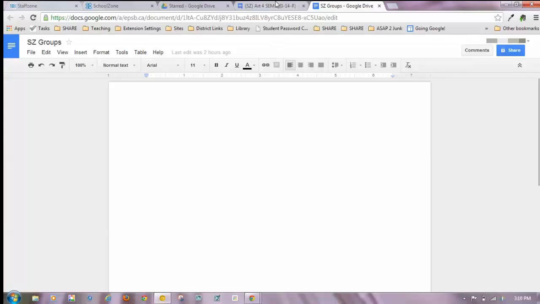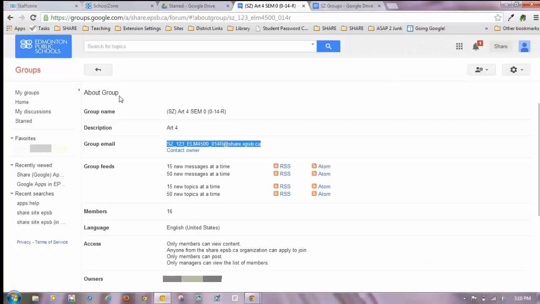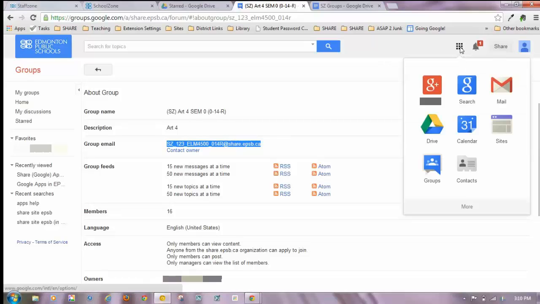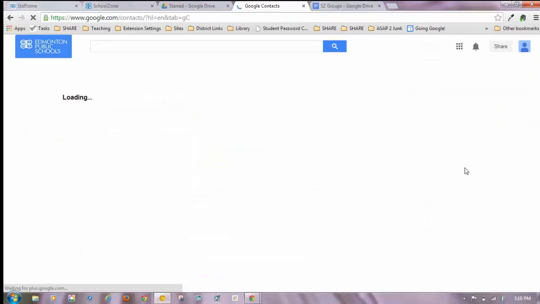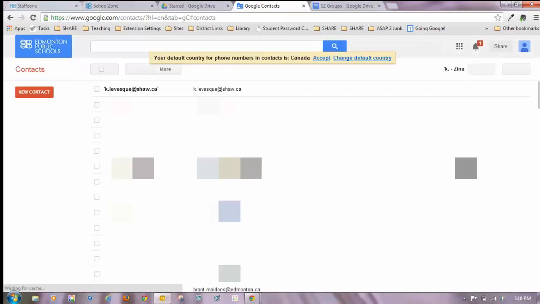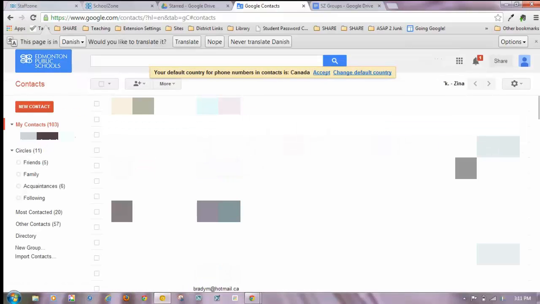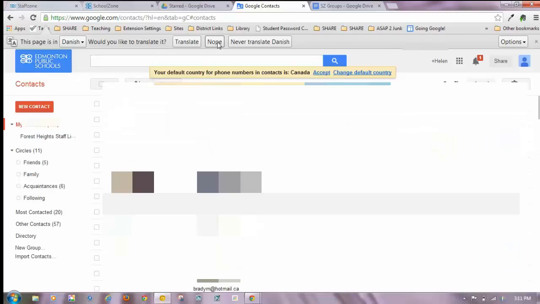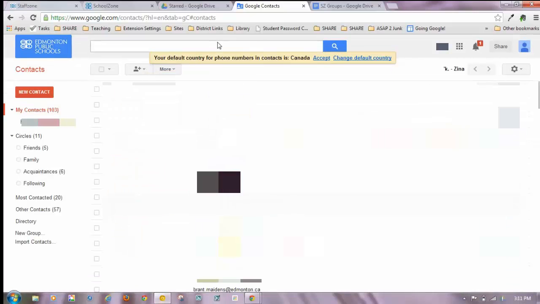So what I mean by that is, remember we went into the group and about the group, and I identified here's the group name and the group email. Still copying this email account, you can go back up to your Google Apps up here in the grid, click on the grid, and go to your contacts. Here is where you can customize the name of this group to show up in your contacts as a name specific to you, so you don't get overwhelmed with all those school zone groups. This is more work, and the other way will work just fine, but I wanted to show that this is an option. So what you do is you basically make a new contact,